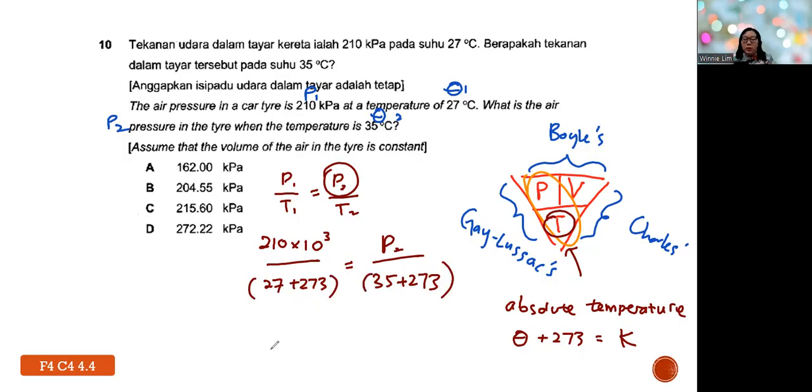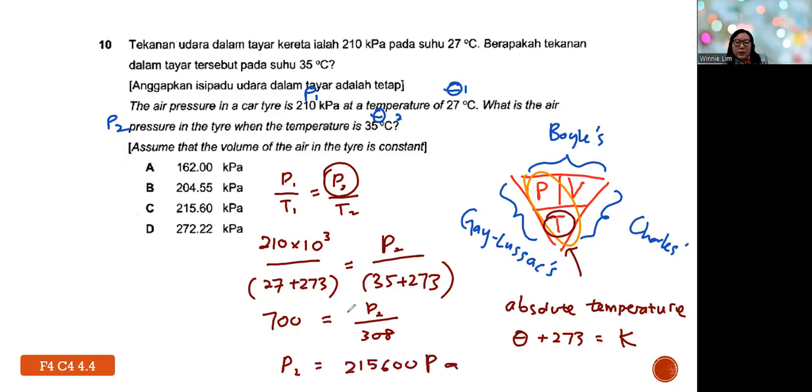Okay, slowly. So we do the left side first. 210 divide by 27 plus 273. So this side you actually get 700, and then P2 over 308. Then therefore P2 equals 308 times 700. So you will have